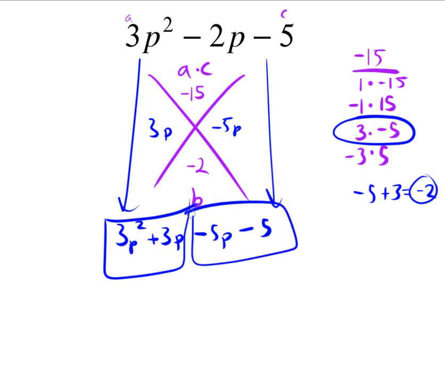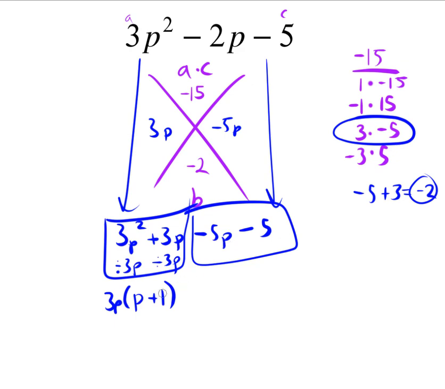And I'm going to group these two together. And so I'm going to say, what are some common factors that I can take out of here? And the factors that I see, well, 3 and 3 definitely match up, right? And I can also take out a p. So I'm going to divide both of these by 3p, and divide this also by 3p. And that's going to give me 3p on my outside. I factored out the 3p now. And inside, after I factor out the 3p, I would have p plus 1 left, right? So 3p times p plus 1,